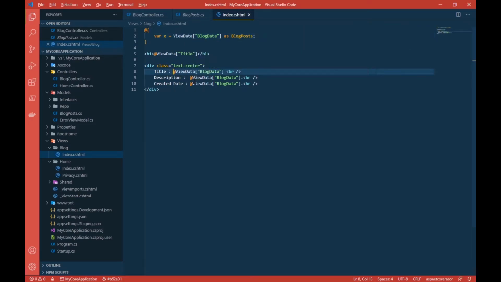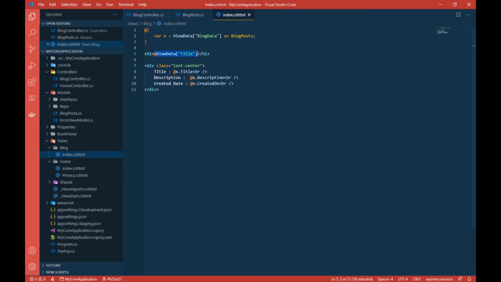Now, instead of this view data, let me use alt click. Sorry. You have to be careful with alt. Anyways, we can directly use x dot title. I'll again get IntelliSense because I have already cast this, then dot description, and then I can write x dot created on. Simple. This is how you can use view data.